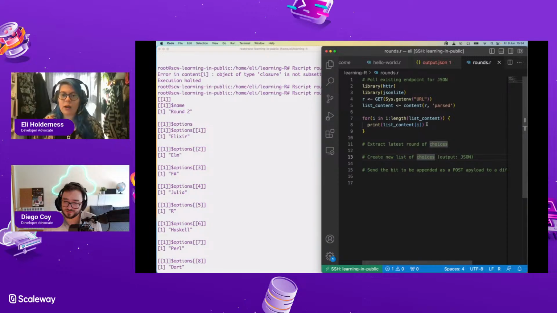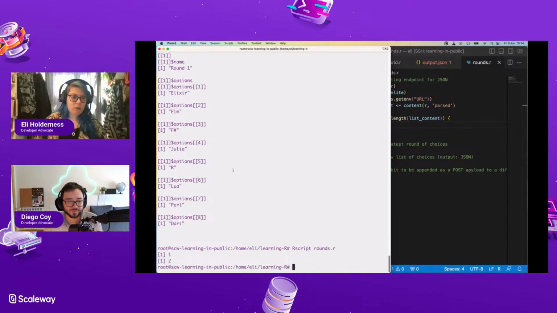Hang on. Instead of doing this, I'm just going to print I, to make sure that I understand it is actually looping. Cool. Okay. Good. And it's also prepending those print statements with these ones. I'm not sure that the ones have anything to do with the list necessarily, but I think those are just lines of output.